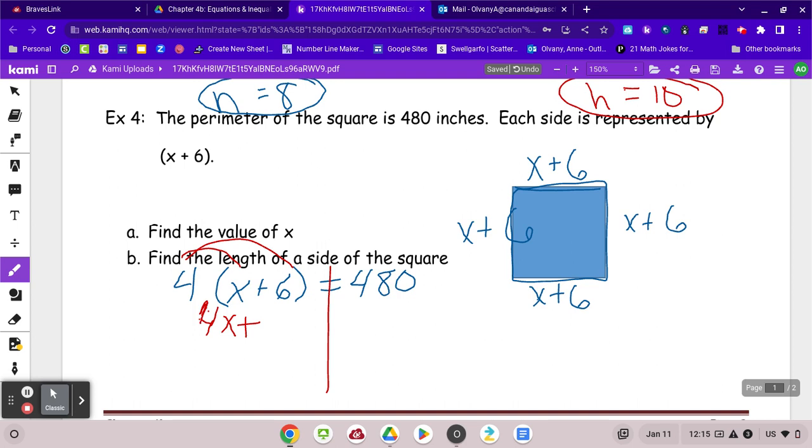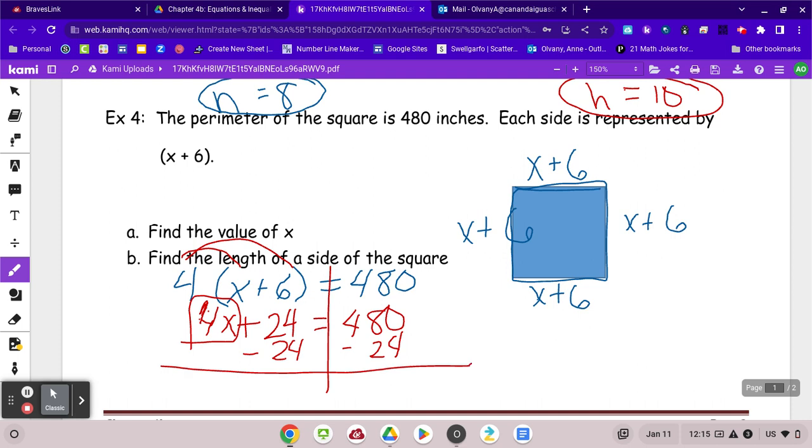Having a hard time writing. 4x plus 24 equals 480. Box around the variable. Deal with what's outside of the box. Do the inverse. You might want your calculator here. 4x equals 456. I'm going to divide both sides by 4 to get x equals 1